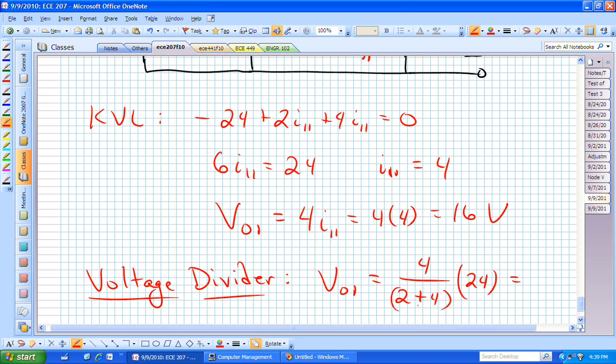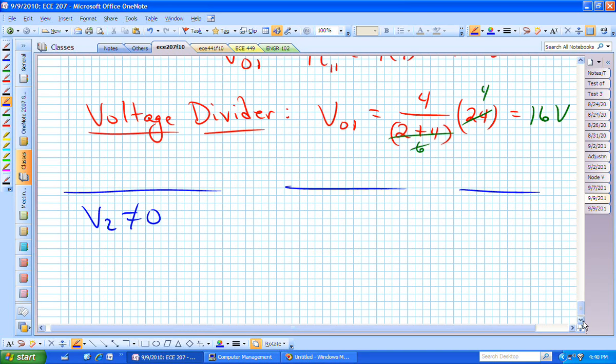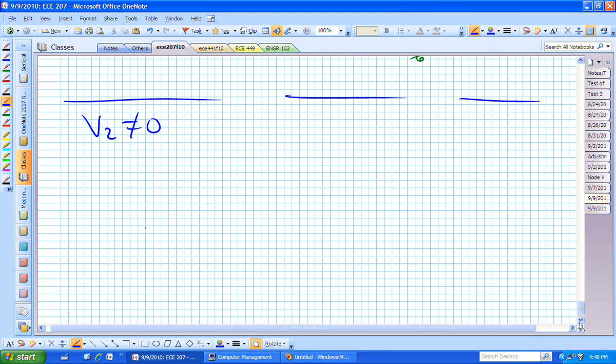And this is 6, which will go into there 4 times, and there's 16 volts. We've checked our work. Is that okay? That's V sub 0, 1. We now have 2 more times to analyze this circuit. Let's look at the case when V2 is not equal to 0. If I sketch this circuit,